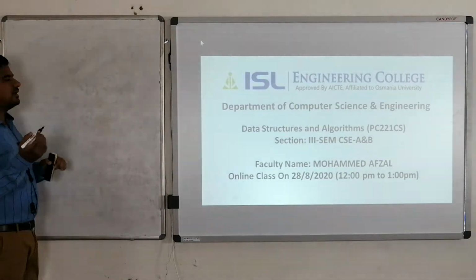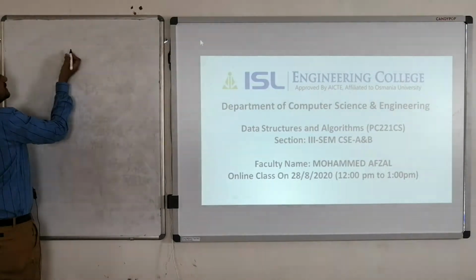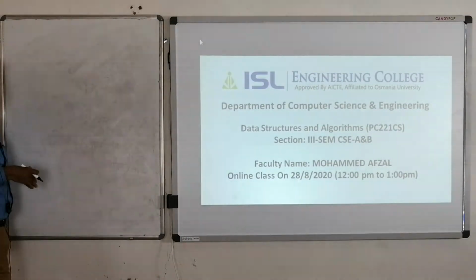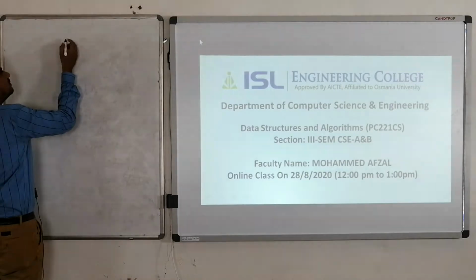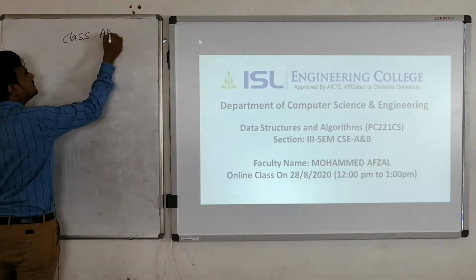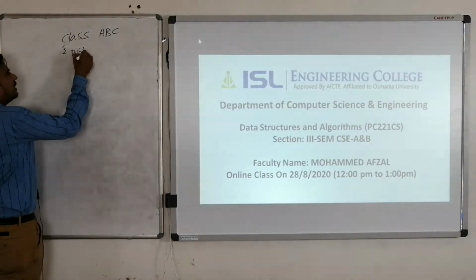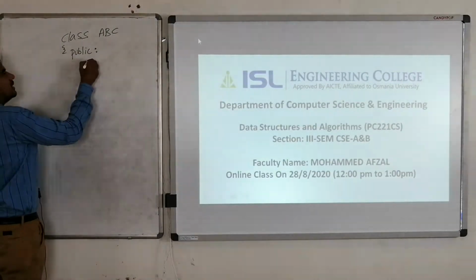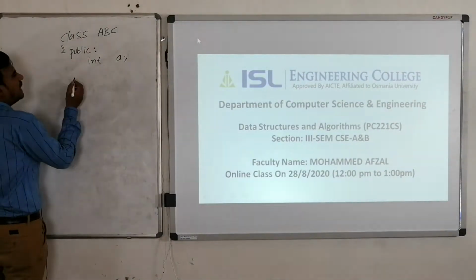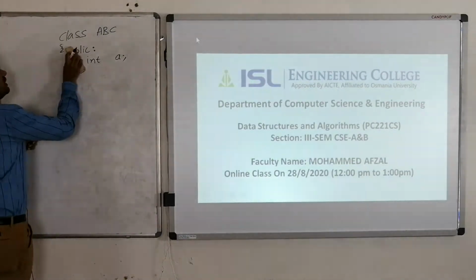So basically I will explain that with the help of a simple example over here. Let us assume that we have a class. Already we discussed it in yesterday's video, but once again I just want to give a revision on that. So let us suppose we are declaring a class ABC. My class name is ABC, and in it I am declaring a public data member, let us say int A. A is my public data member.